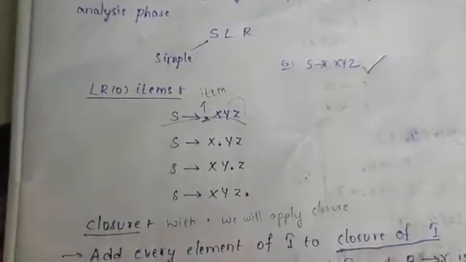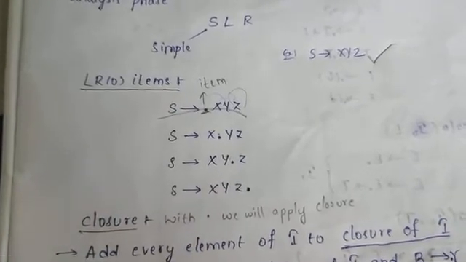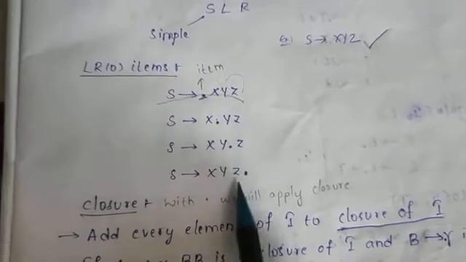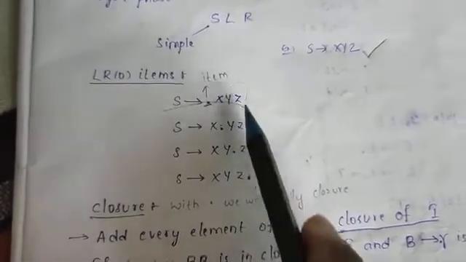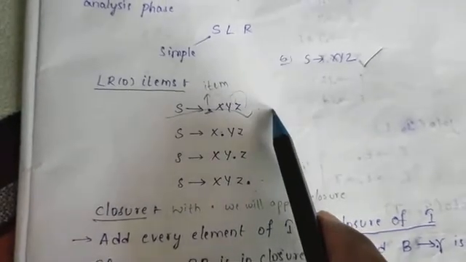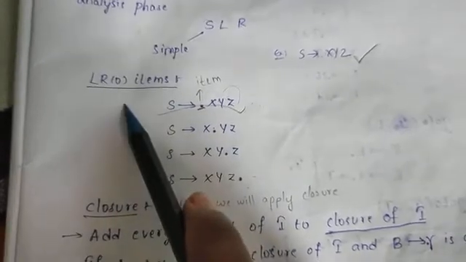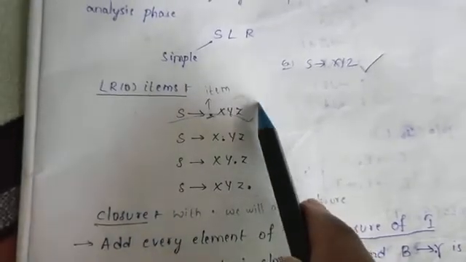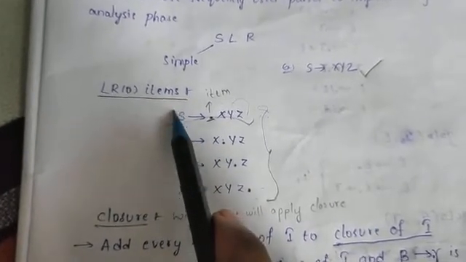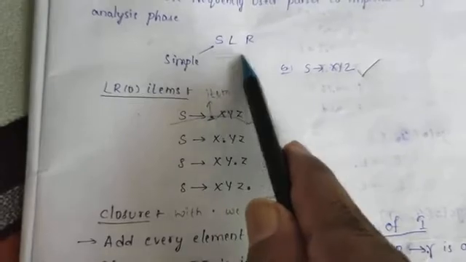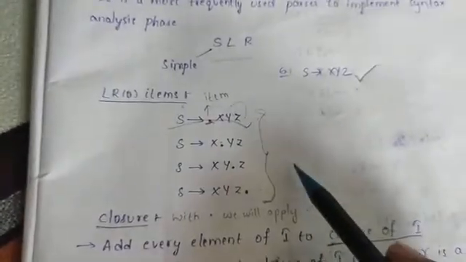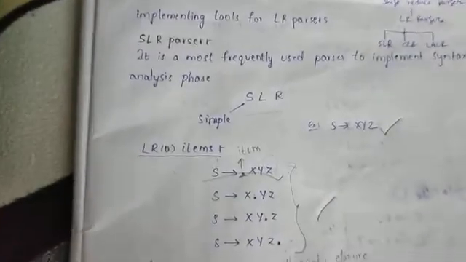Like that we are moving the dot through each element of a given grammar, so that every element is passed by this dot. For that reason, there is no lookahead here, which means the follow of the grammar is not used. For that reason these items are called LR(0) items. That means simple LR (SLR) will allow LR(0) items. That is the first point while you are handling the SLR parser.